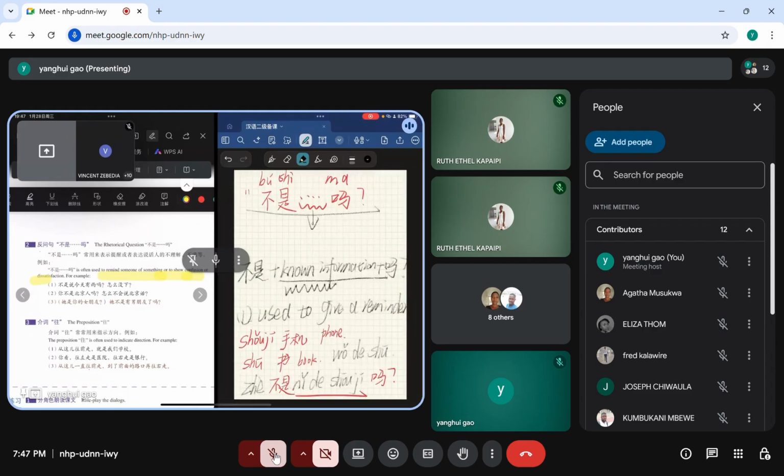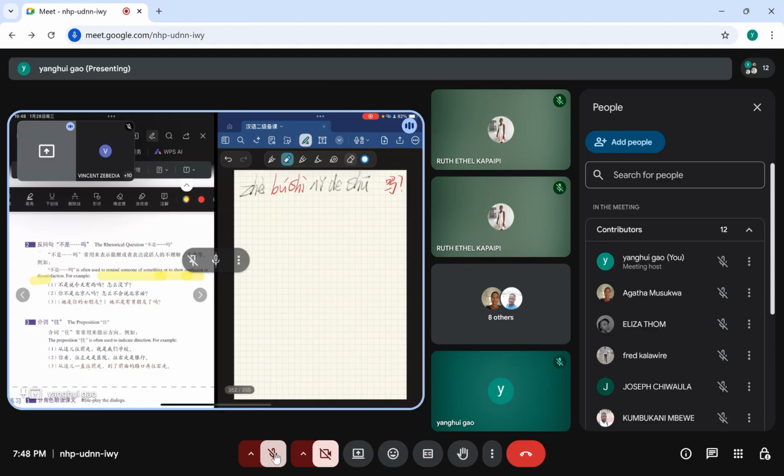You can say 这不是你的手机吗？ So, isn't this your phone? And then 这不是你的书吗？ So, isn't this your book? 这不是你的书吗？